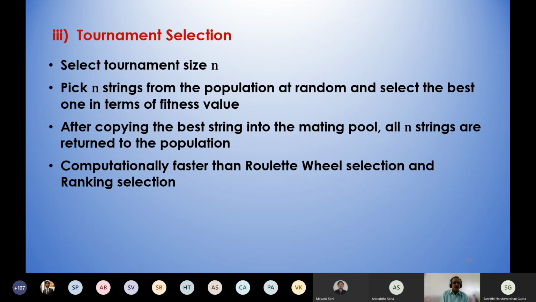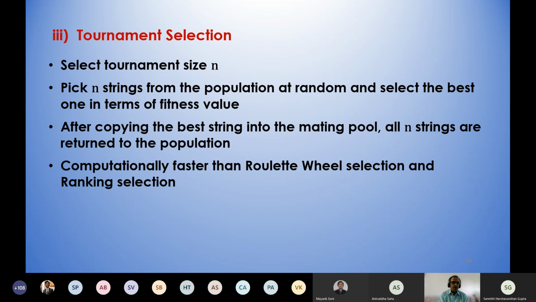So I hope you have understood that the tournament size you'll have to keep to a small value. And this small n has to be very small compared to your capital N. Otherwise, the GA is not going to work properly. So you'll have to know the grammar of this particular genetic algorithm. Then only you'll be able to use it properly. Otherwise, there is every possibility you may not get a very good solution. So all such things I've discussed.